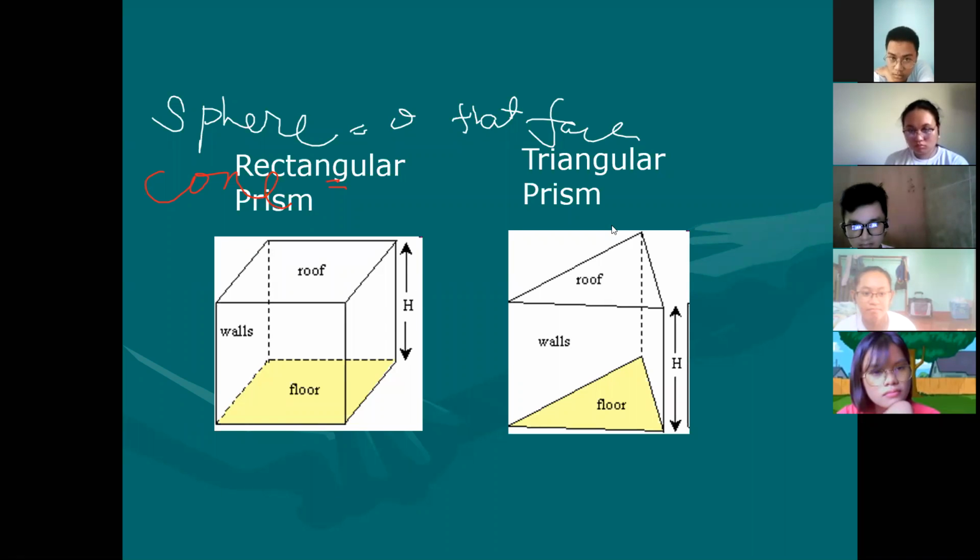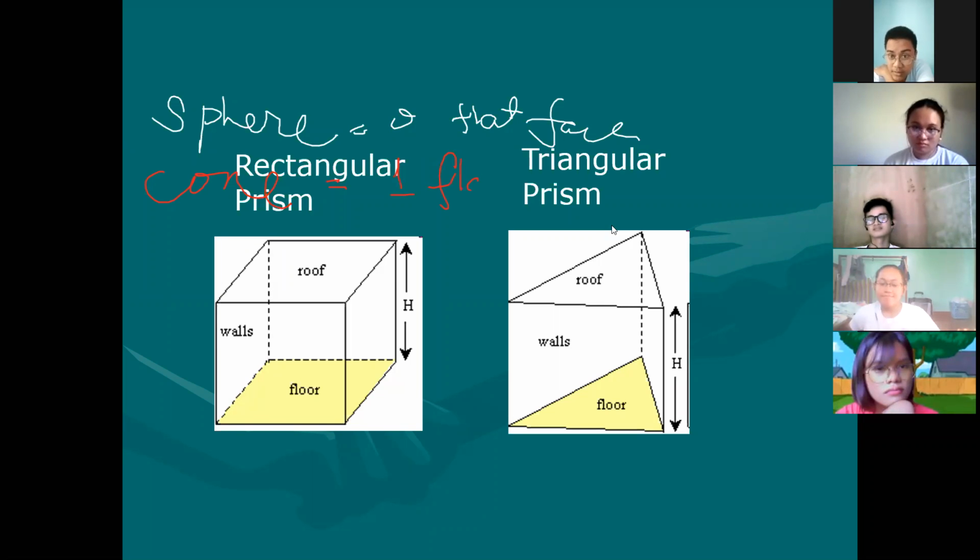How about Angel? Yes, it does have. And how many flat faces are there? Just one. Very good. That's one. And that is in particular, Angel, the bottom face, right? The base or the bottom. Or if you are going to turn it upside down, you have the top face, right?